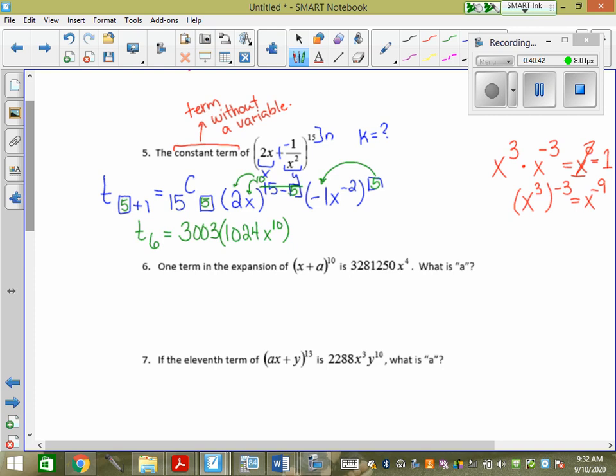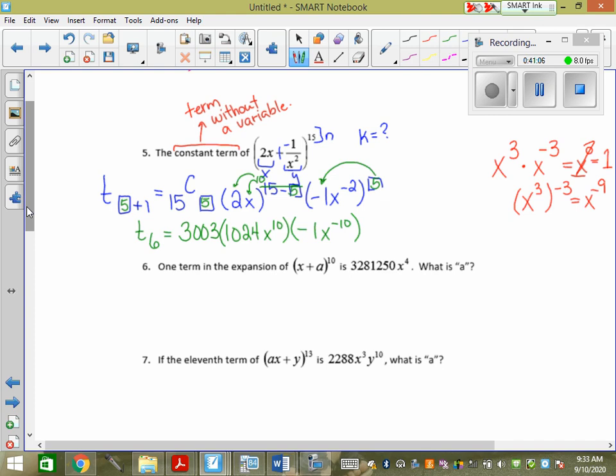Now, it wouldn't change anything because -1 to the 5 is actually -1. But -1 to the 4 is actually +1. So you have to watch, because if it's even, it'll take away that negative sign, and the negative sign answer would still be there, which would be wrong. In this case, it's right because it's to the 5. But it's going to be -1, because -1 to the 5 is -1, x to the -10.